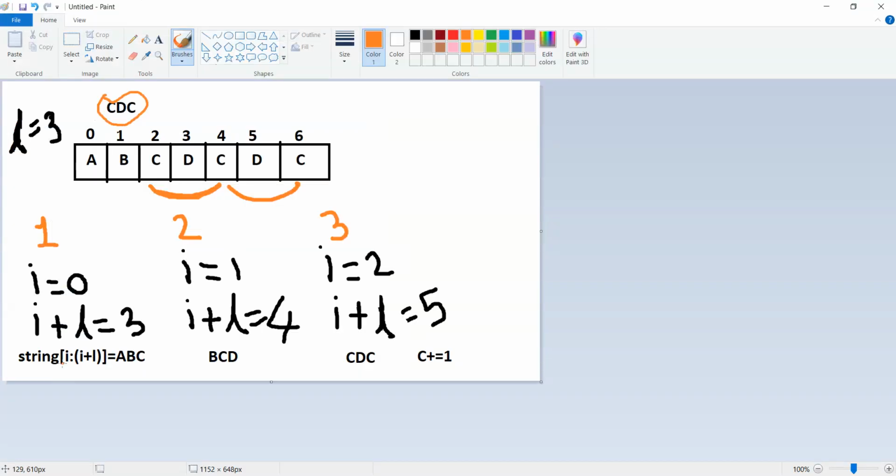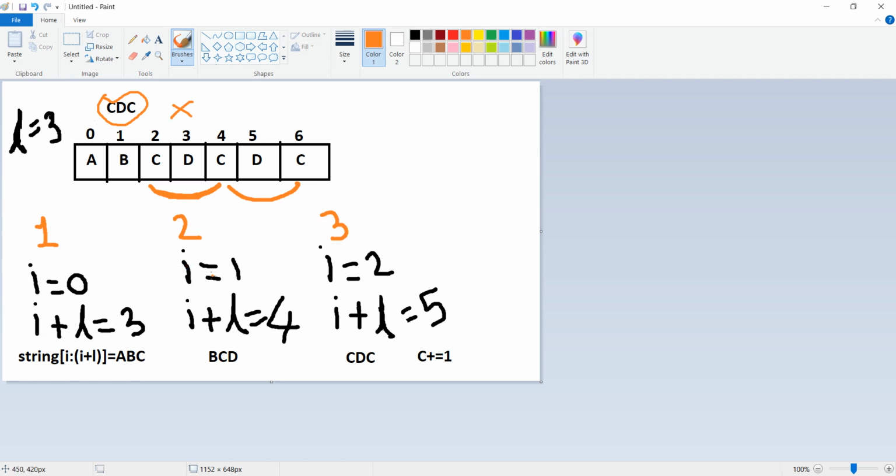So what is it saying? Print 0 plus 3 characters from position 0. So on position 0 there is A, and print 3 characters, which means A, B, C. So it is giving the output ABC, which is matching or not? It is not matching with our substring. So it will move to iteration 2.